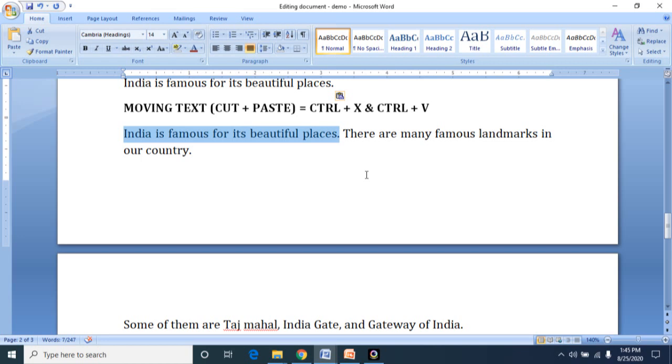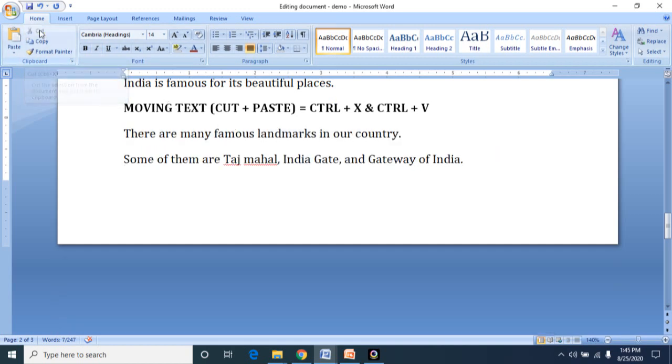If you press cut, this will be moved to the place where you want. Okay. So it will not be available here. So select the text you want and go to clipboard group, press cut. See, now the sentence is erased from here. This is what is special, that's why we call it moving a text. Now for moving, you should use one more command, paste. Now place the cursor next to Gateway, then again go to home, clipboard group, paste.